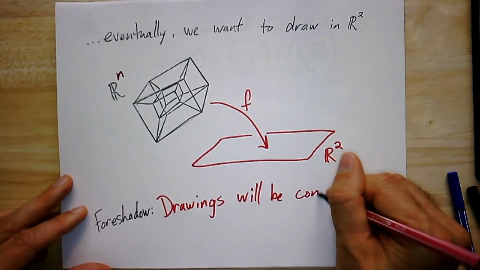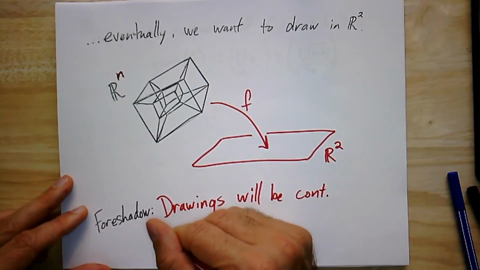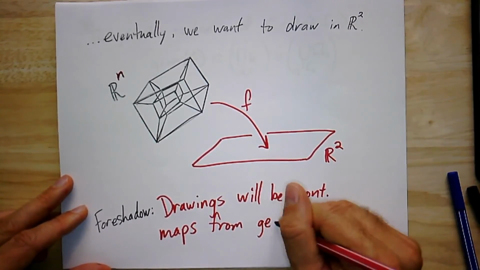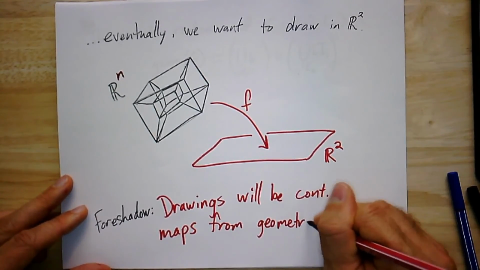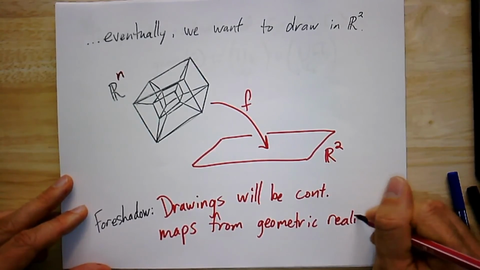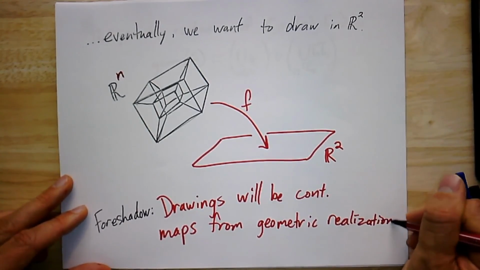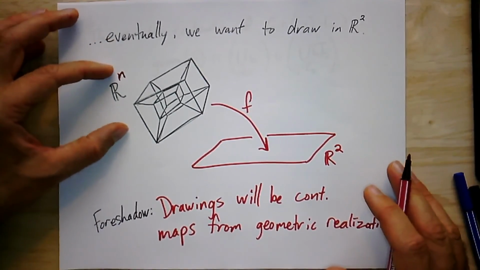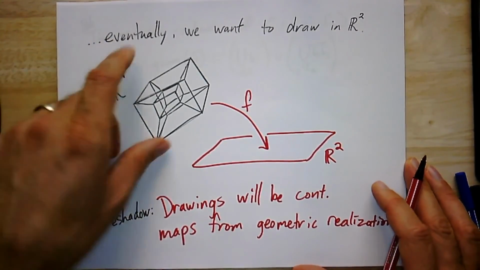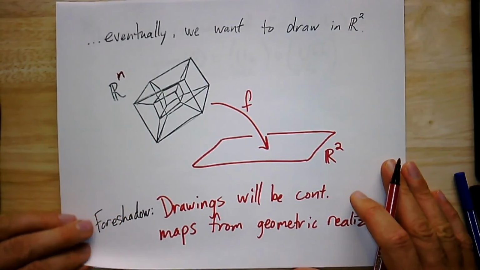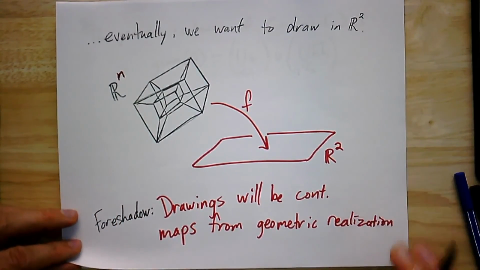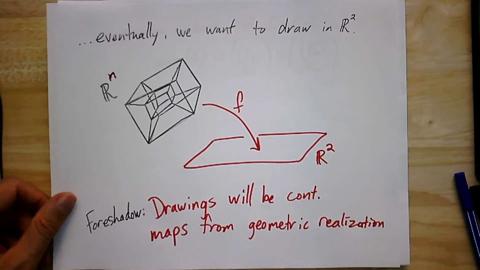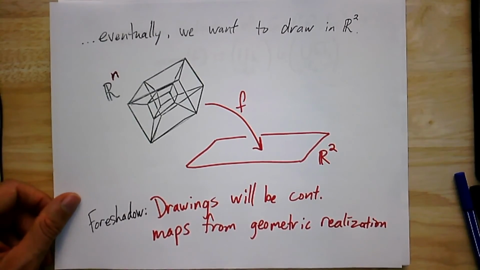just going to be continuous maps from the geometric realization. So we're going to take this geometric realization. We had the graph, which was combinatorial. We get the geometric realization in high dimensions. And then any way you continuously map it down to the plane, we're going to call that a drawing in the plane. All right. But first, I think we need to actually say, in a little bit more rigor, what